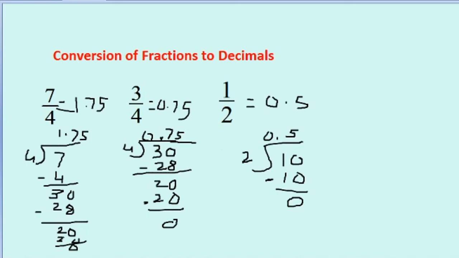Sometimes the numbers cannot be divided, so you will get recurring answers. Like if I divide 10 divided by 3. Okay, now what? 3 3s are 9. 10 minus 9 is 1. Remainder has become smaller than divisor, so I put a point here and take a 0 here. Again 3 3s are 9. Okay, 10 minus 9 is 1.